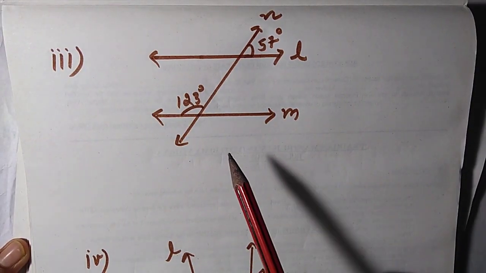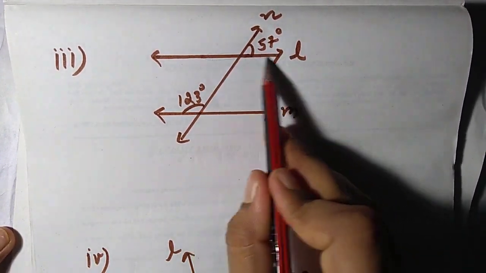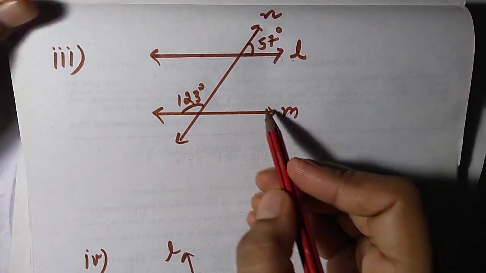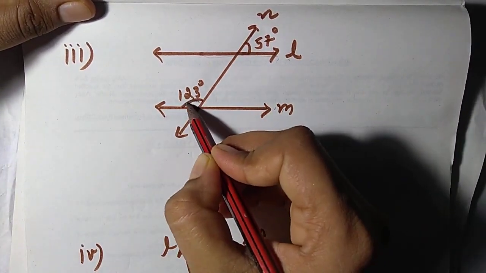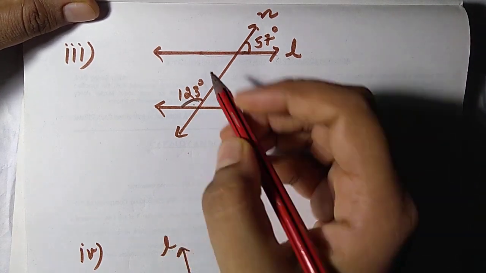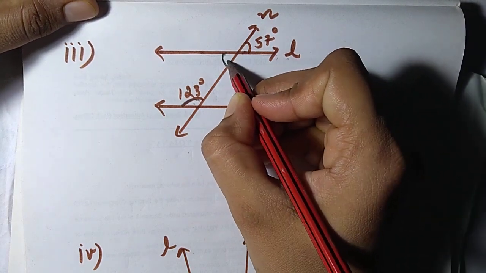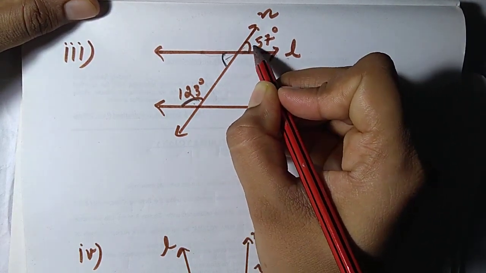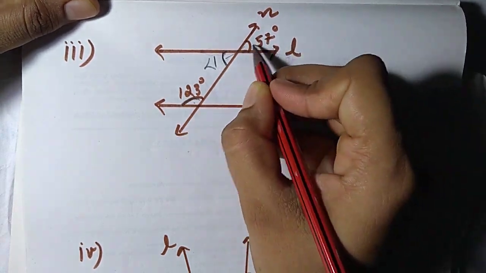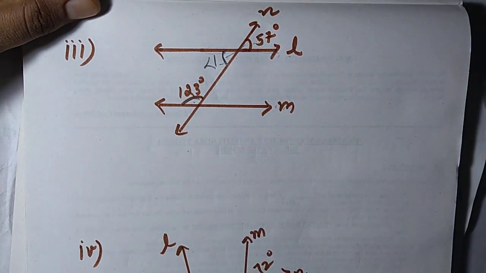Now the third part, I am explaining orally. If I have to prove whether these lines are parallel or not, we have to decide. So if this is an inside angle, the co-interior angle, the second angle to make the co-interior angle will be this one. So first I have to find this. This will also be 57 degrees. Write this as angle 1. So angle 1 is equal to 57 degrees, by vertically opposite angles. I explained this in the previous part.